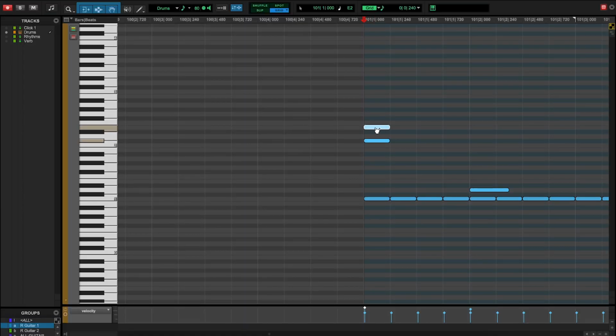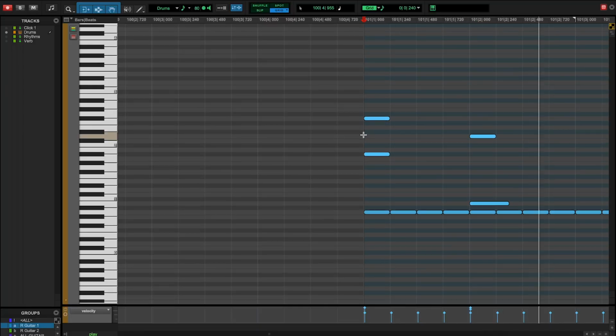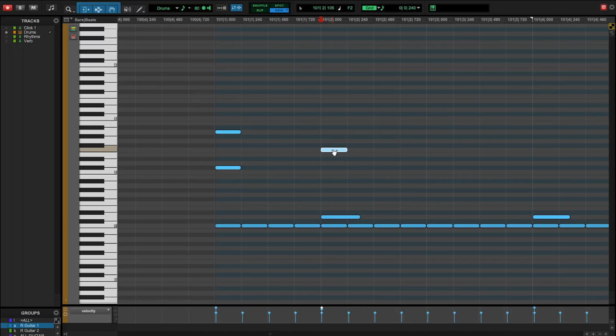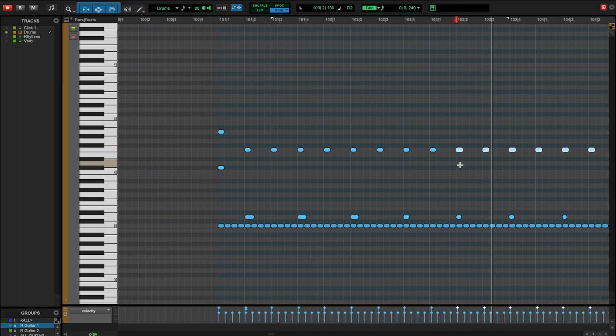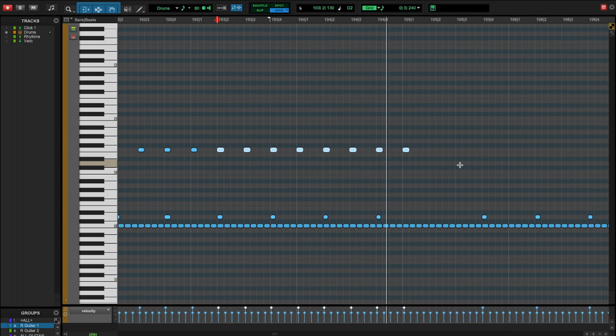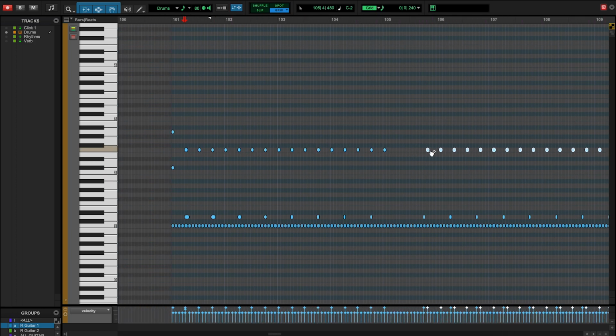Okay, so we're gonna start with some crashes, with a big double crash. Get that ride ding. Then we want these to be every quarter. Copy paste, copy paste.